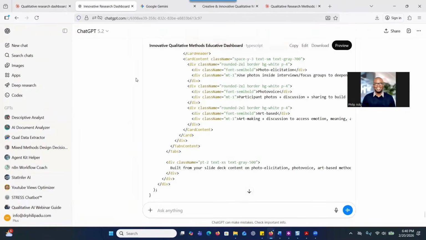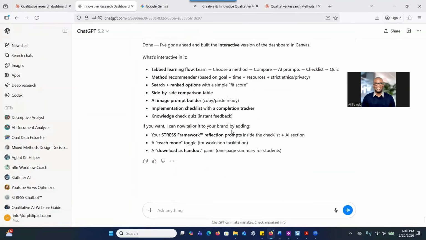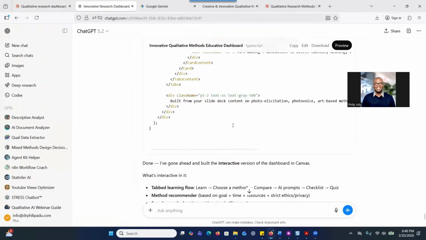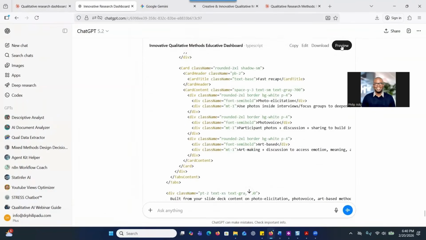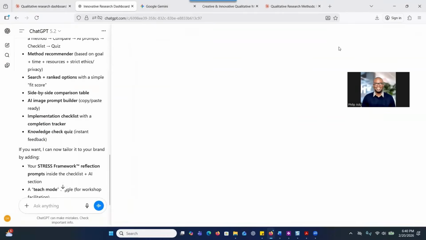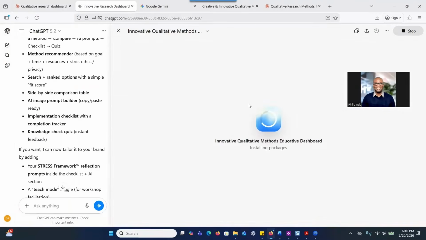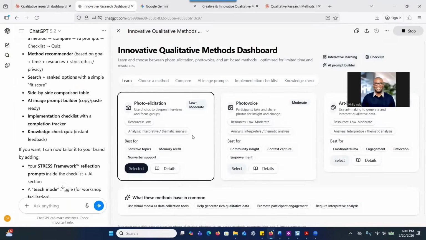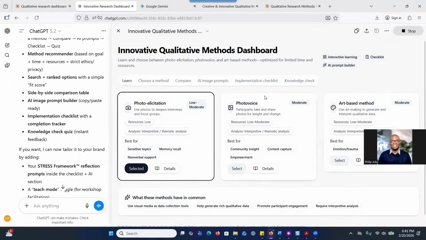Let's go to ChatGPT and see. It looks like ChatGPT is ready. When it is ready, this is what you're going to do. You click on preview and then it will show you. So this is how ChatGPT looks. It's not as aesthetically pleasant like what we saw for the Claude,